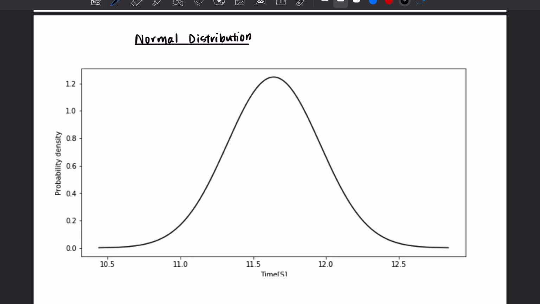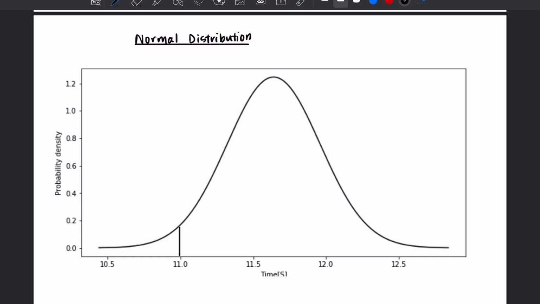According to the central limit theorem, we know that this will follow a normal distribution and can be modeled by the curve as seen in the frame. To find the probability of running a certain speed, we just need to find the area underneath the curve at that point. For example, if we wanted to find the probability of running faster than 11 seconds at this point,